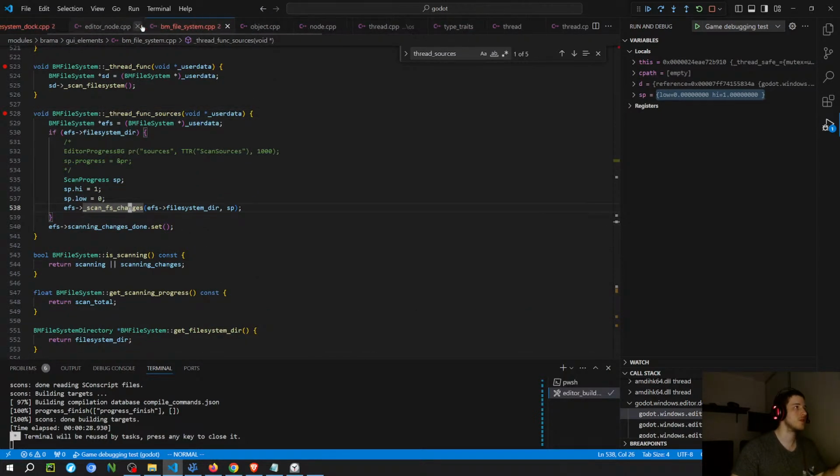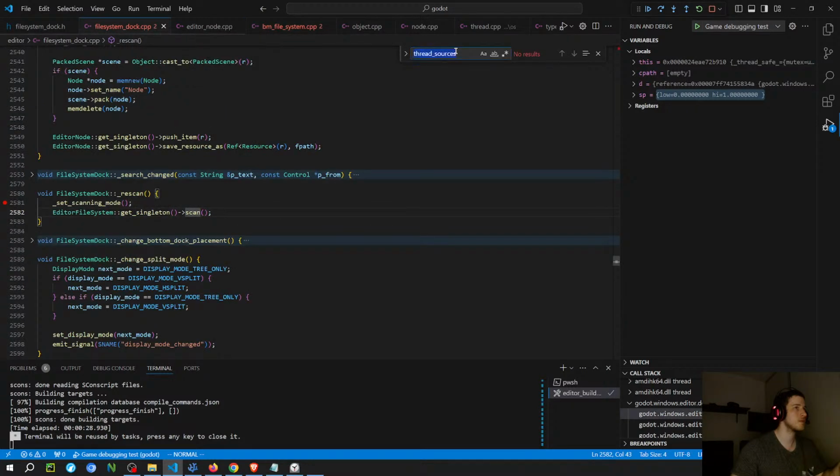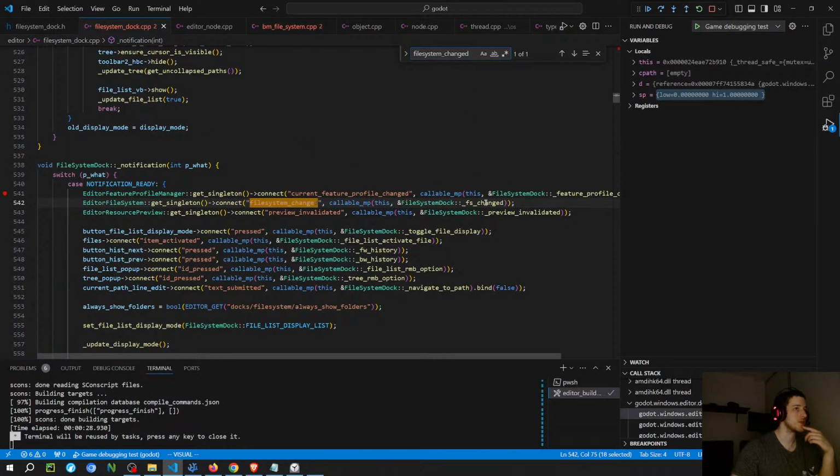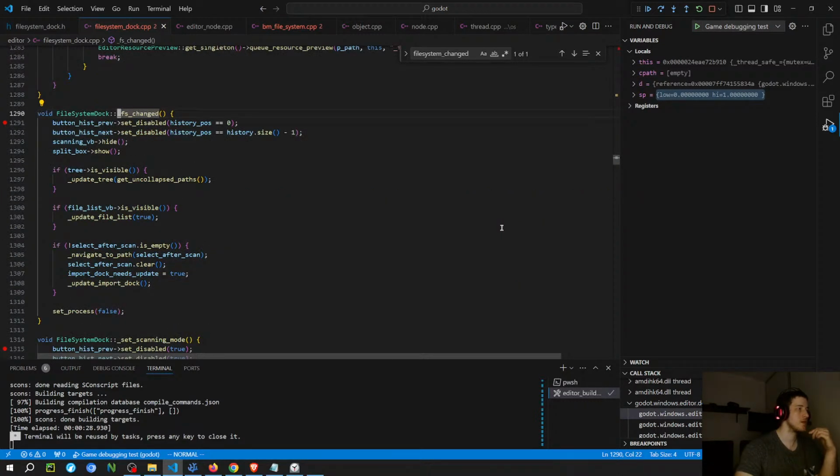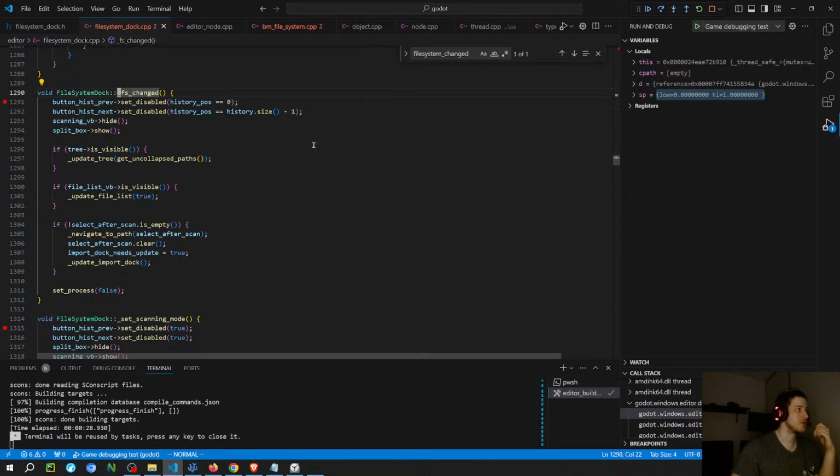I was going to see when does it, yeah, that's basically the only one. So this function is going to run after there's a change on the file system and updates the tray. Yeah, that makes a lot of sense. I think I do have this function on the